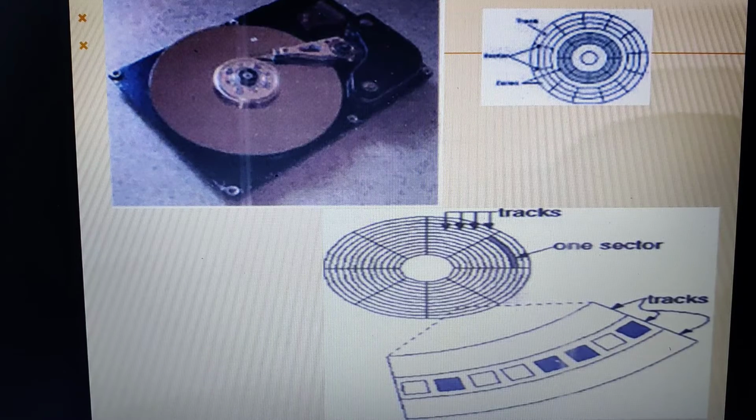Then what exactly is the sector? The smallest unit that can be written or read, we call a sector. The smallest unit where we can write the contents onto your disk, or read the contents from your disk, we refer to as a sector. If your read or write head is positioned here and you click on the write operation, the contents will be stored onto your hard disk.